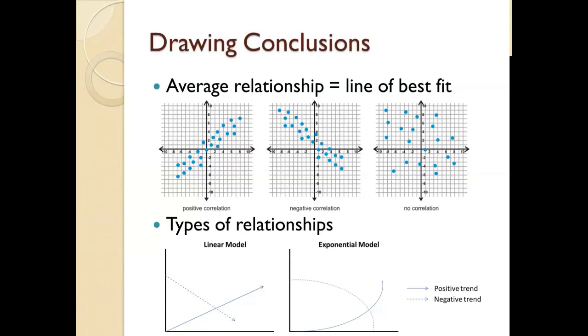One of the common things we look at is the line of best fit. We look at how close those data points are to each other. In this first panel, we can see that all those blue dots seem to point towards an up and to the right line, and they're all close together. This would be a positive correlation, and we'd say it's a tight fit.